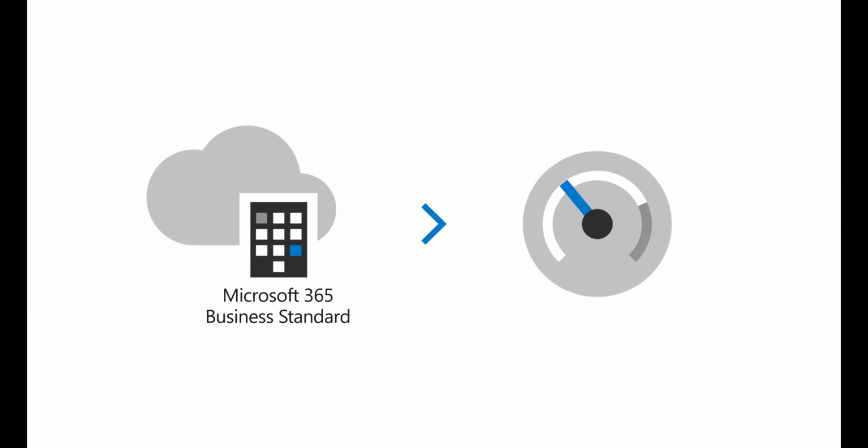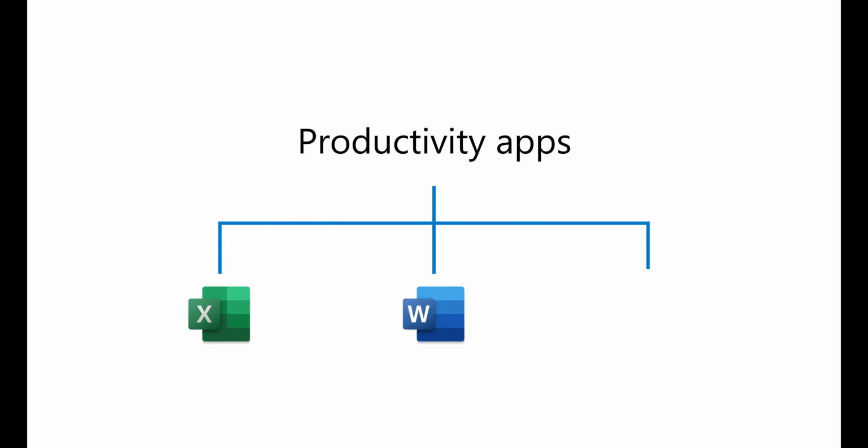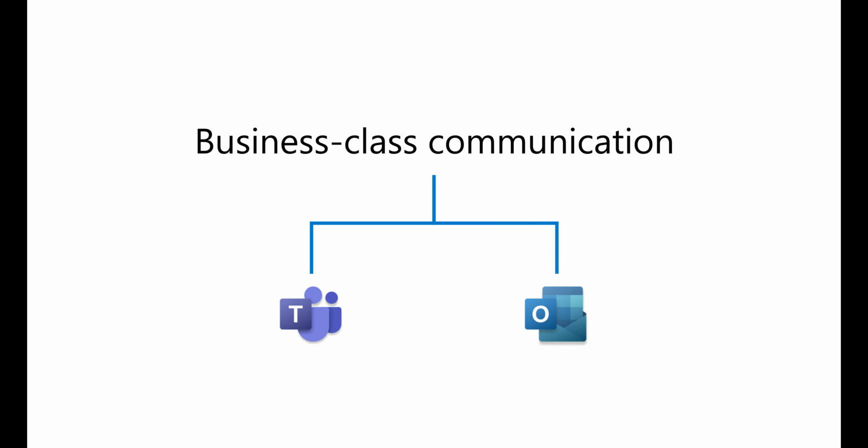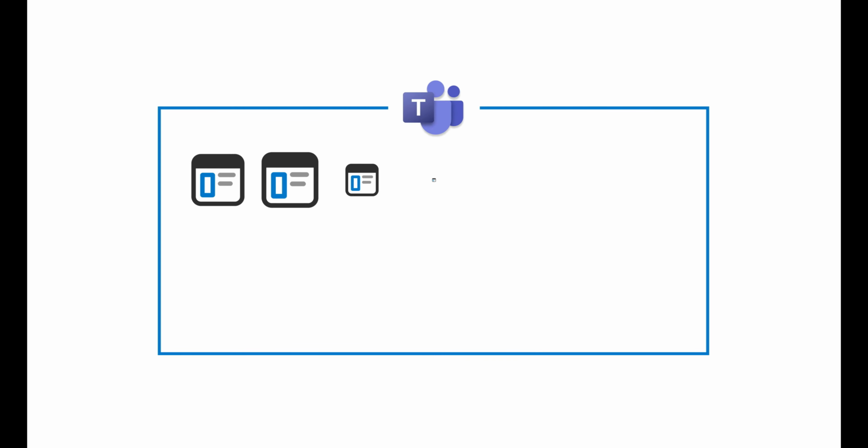With a subscription to Microsoft 365 Business Standard, you can run your business in the cloud and get your work done with increased efficiency. With a monthly or yearly subscription, you get both web-based and desktop versions of productivity apps like Word, Excel, and PowerPoint, business-class communications with Microsoft Teams and Outlook, cloud storage with OneDrive and SharePoint, and access to a library of